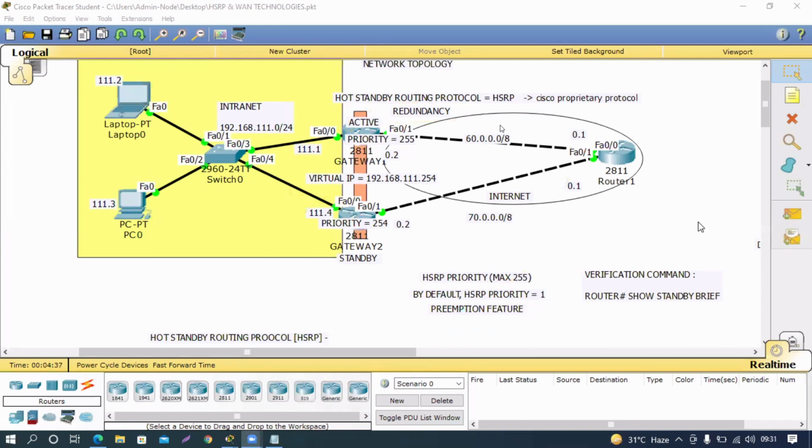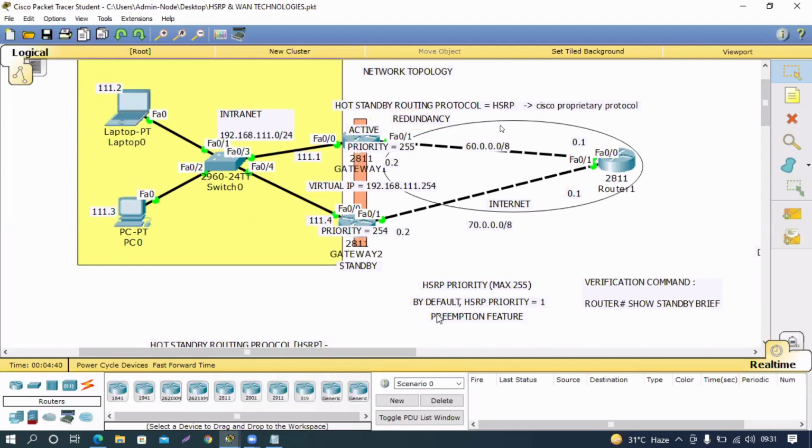So this is the feature, everyone, called preemption. Preemption feature, we configure it always on each circuit. Why are we configuring it? Because always the router prefers the highest priority to select the active router. But if the active router is down for some reason and the standby router becomes active,